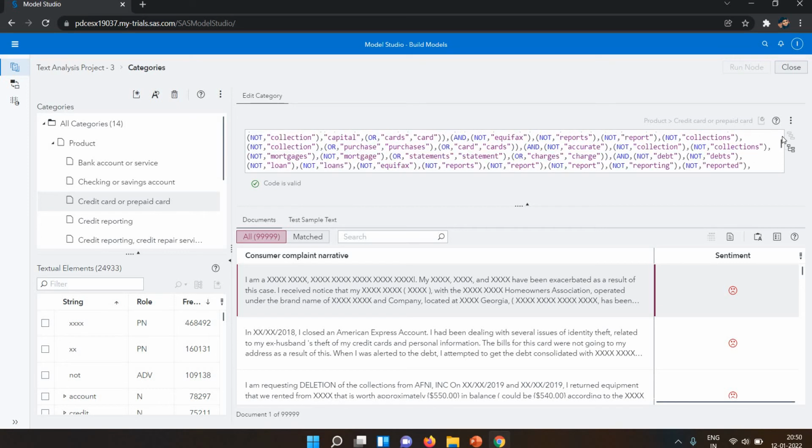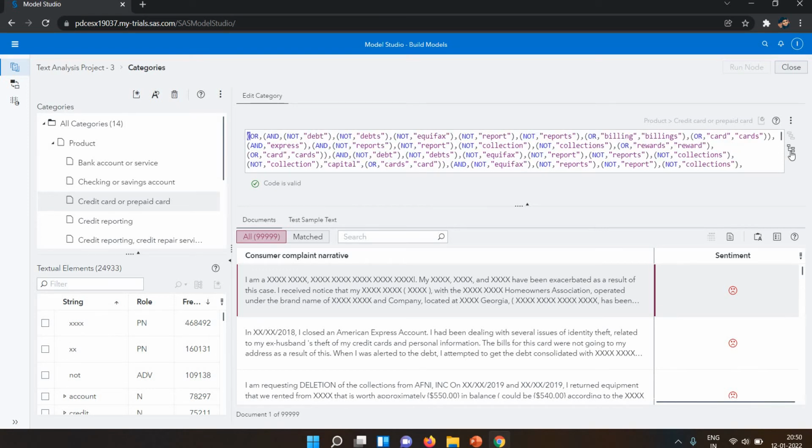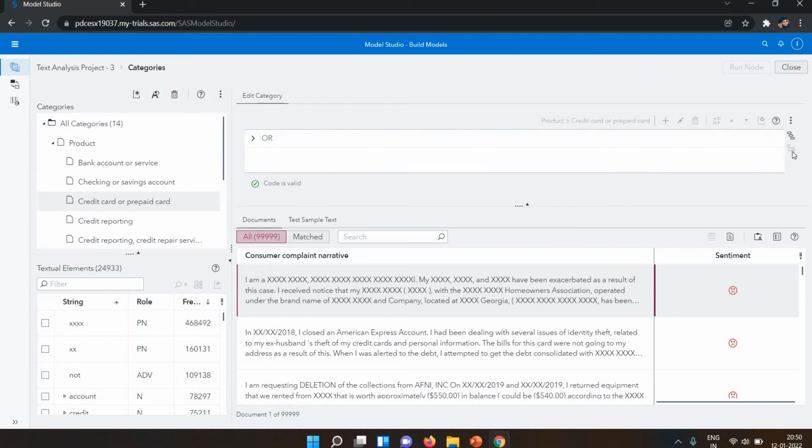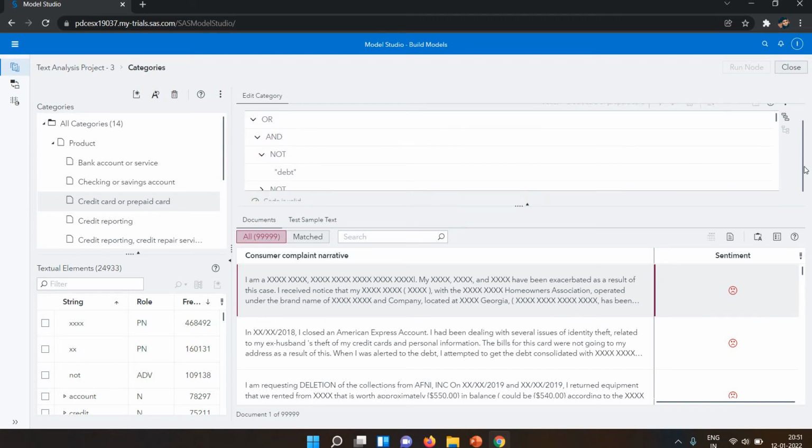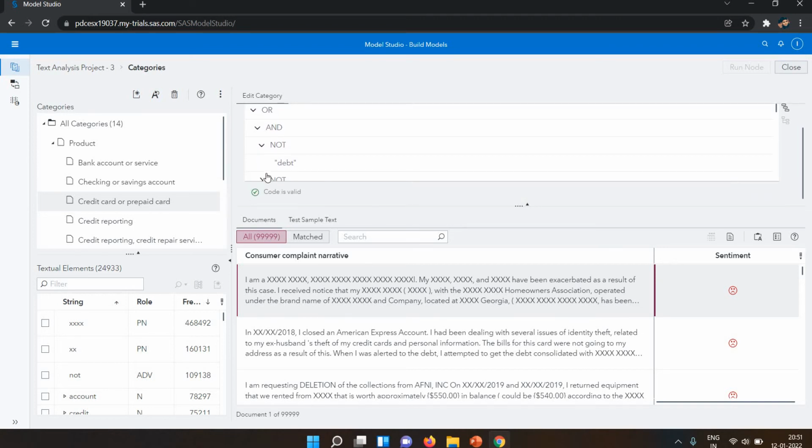If you want to see the operators, on the right hand side we have the tree view. You need to click on the tree view. Now you can see the OR operator is at the top. If you click on this AND operator, at the end we are using the NOT. In the NOT we have debit, dbt is mentioned, then we have the NOT operator.